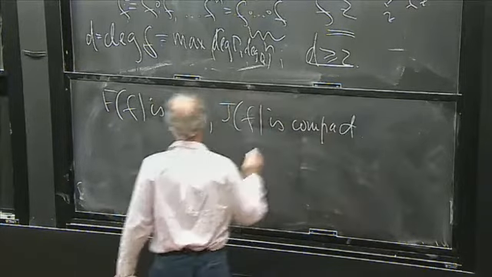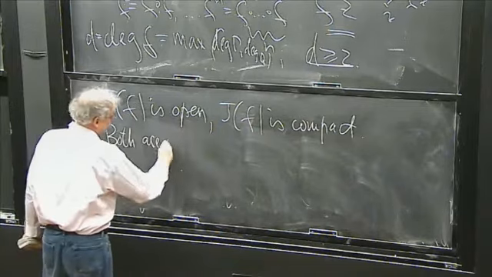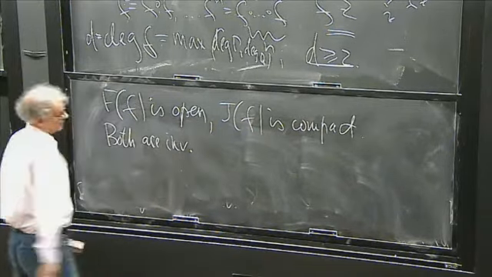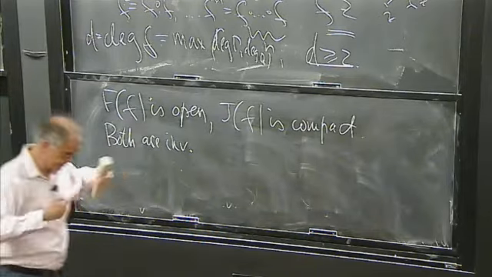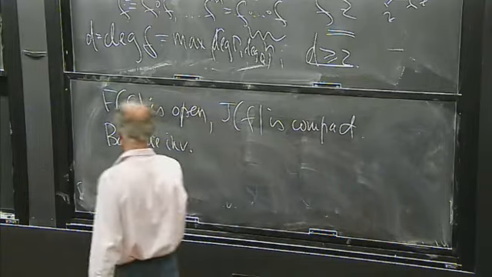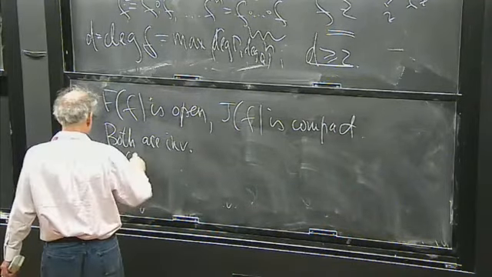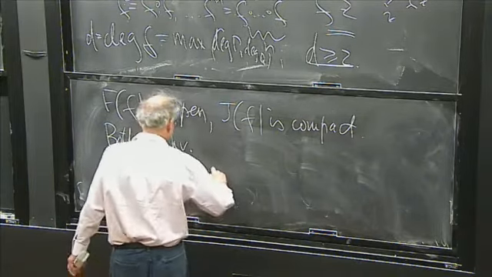Both of them are invariant, both forward and backwards. You can take images and pre-images, and you will stay in this set. And also there is the following nice property: the Julia set J of f is either nowhere dense,